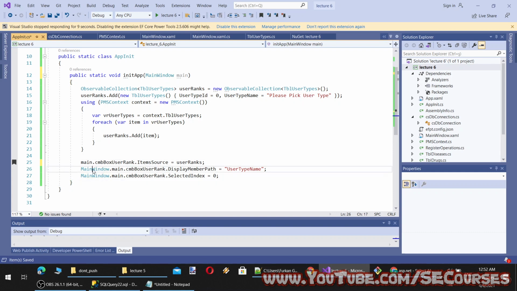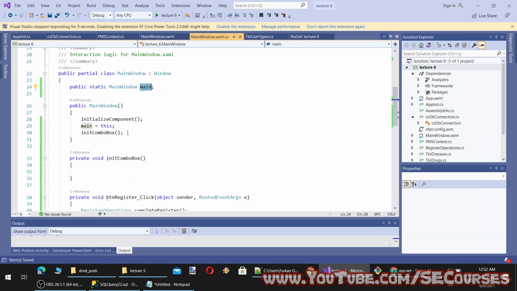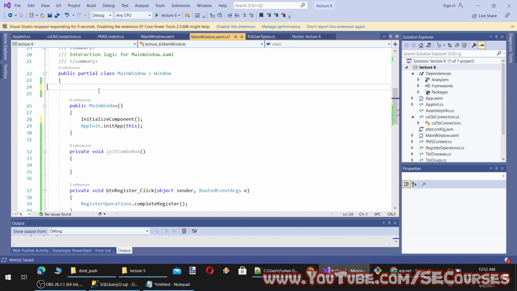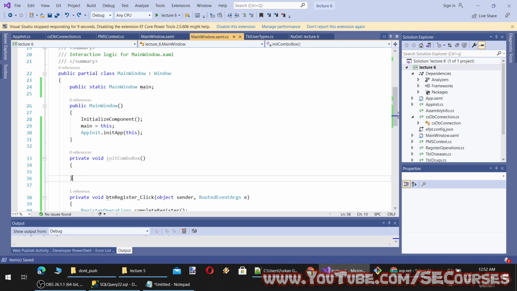When I call this method, I will call it like this: AppInit.InitApp, and it will take this. Okay, so you can use either method. You can either reference it or you can provide a reference like this. It is up to you. I think we can reference it like this, but we can keep the other way as well. So let's keep both of them.